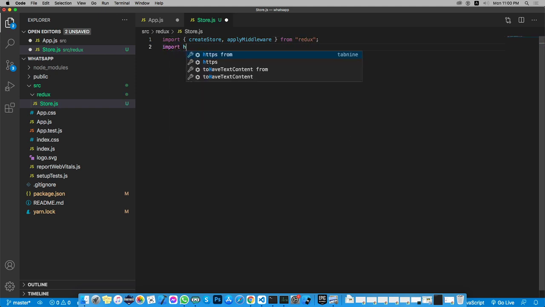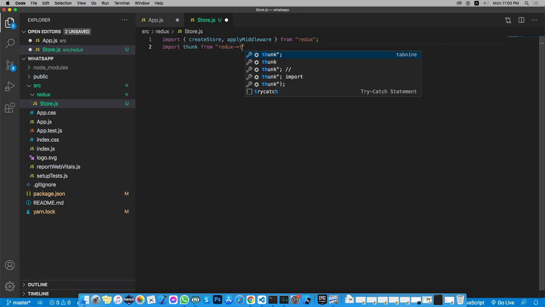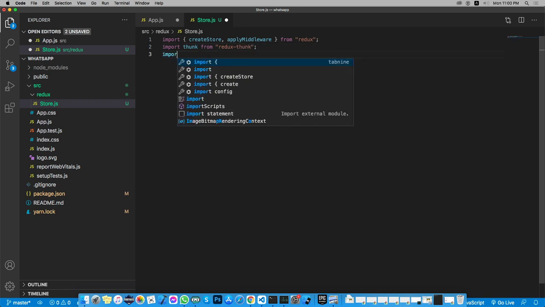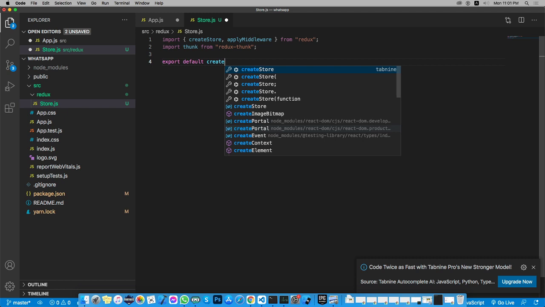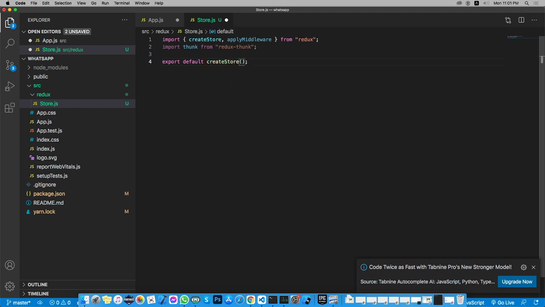We need to import thunk from redux-thunk, and we need to import a couple of more things, but for now just export default createStore, and